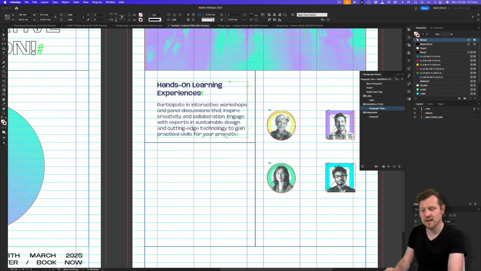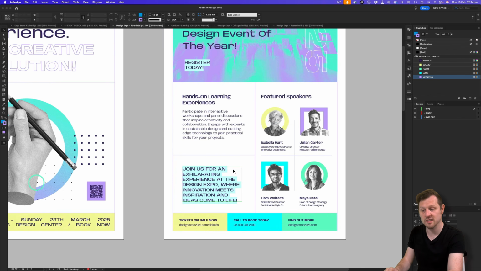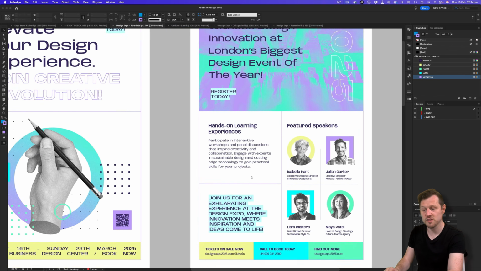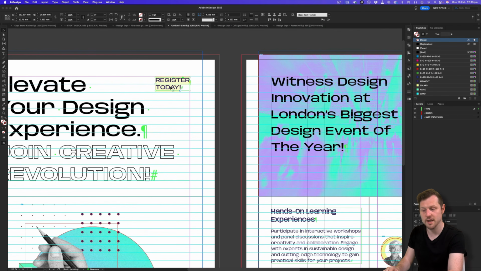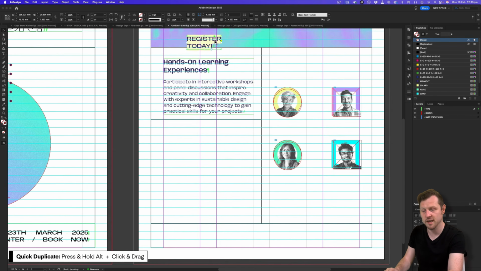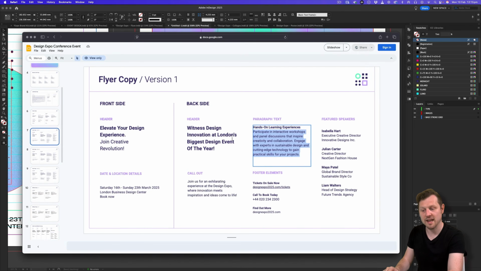So looking back at the file design, we can see that below we have a chunk of text that looks very much like the label text on the cover. So with the selection tool, I'll click on the label text on the cover and drag it into the second page while holding Alt to make a duplicate. I'll expand the text frame out, come into the content deck, copy the callout text,